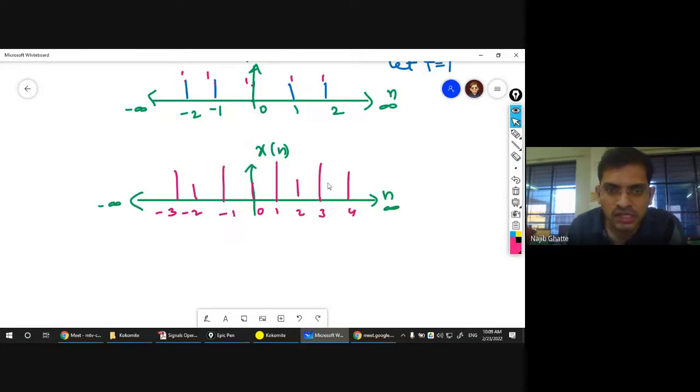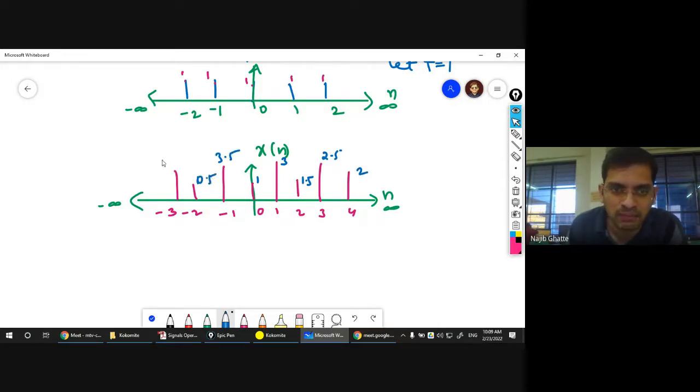So now this is the signal which I have drawn. Fine. This is the discretized signal. So what is the value, sir? For example, I said 0, the value is 1. This is 3. This, for example, can be 1.5. For example, this is 2.5. This can be, for example, 2 volt. This can be, for example, 3.5. This can be like 0.5. This can be, for example, 2 volt. It can be any value, sir. It can be any value, fine.